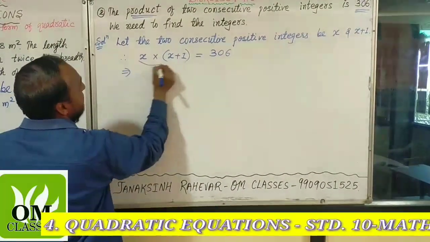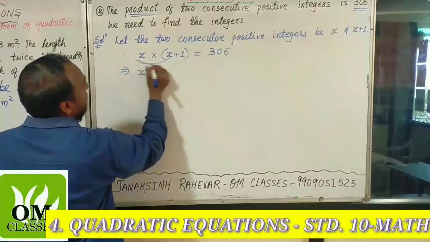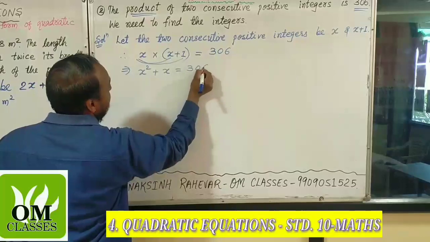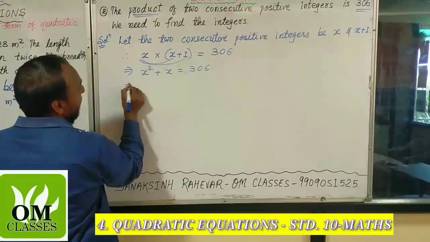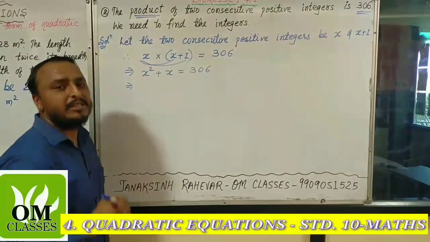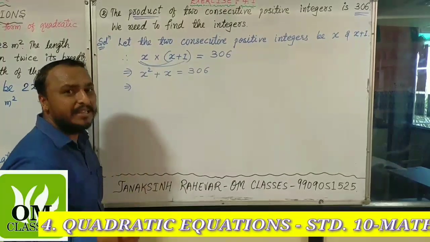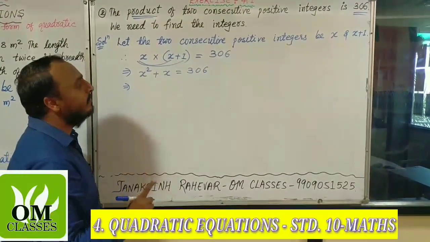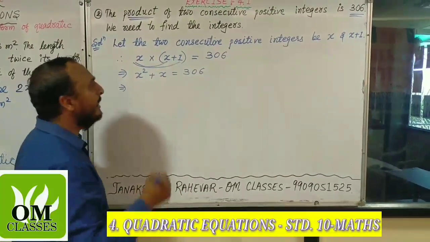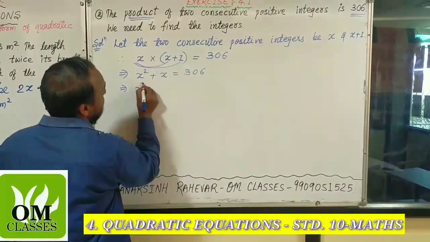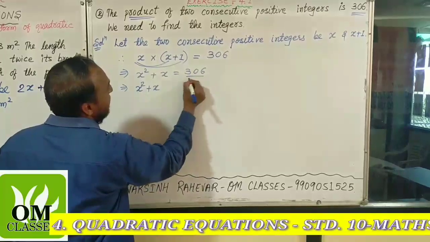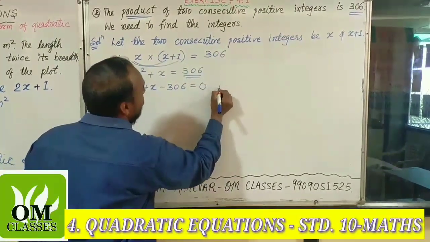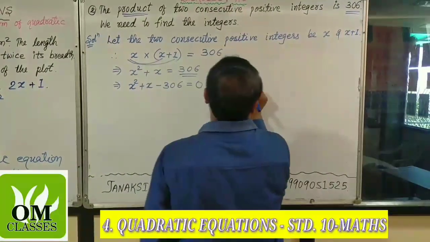So let's solve it. क्या होगा? X into x, x square, x into 1, 1x means x is equal to 306. अब हमें क्या करना है? ax square plus bx plus c means we need to represent in the form of ax square plus bx plus c is equal to 0 means quadratic equation. So x square plus x, we will change the side so it becomes minus 306 equal to 0 is a